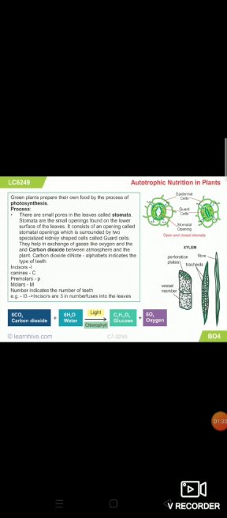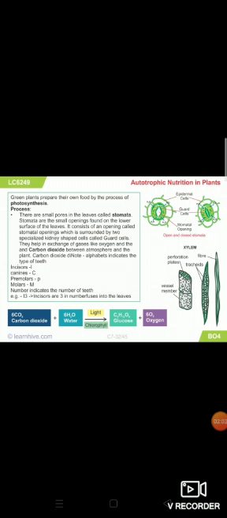called chlorophyll. Now photosynthesis is a complex process and a series of chemical reactions changes the raw materials like carbon dioxide and water to the food product, that is glucose. The process can be shown simply by looking at the starting material and the end product. Now let us look at the following reaction of photosynthesis, that is carbon dioxide plus water in the presence of sunlight and chlorophyll. The raw material is converted into food, that is glucose, and one gas is being released to the environment, that is oxygen.